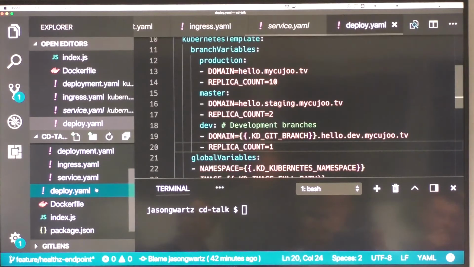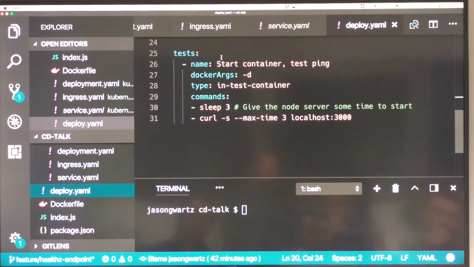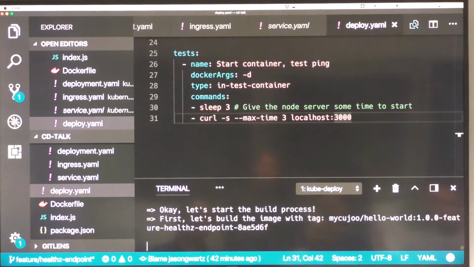So in this same configuration file, we can define some tests. So I'm going to say I want to run a test inside the container that I'm testing. I want to start it in the background so I can test against it. And all I'm going to do is give it some time to start and then curl. And this is going to run inside that same cluster. Or sorry, inside that same container. So I'm going to use this tool now. Kube-deploy build. While it starts building,